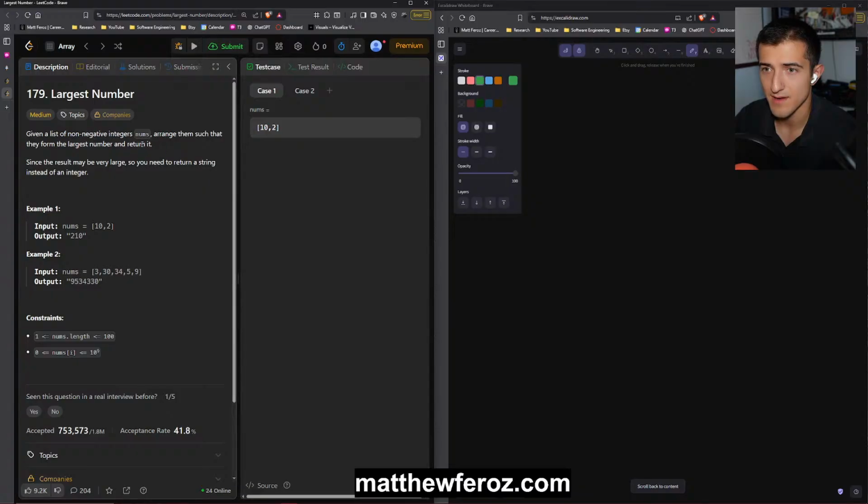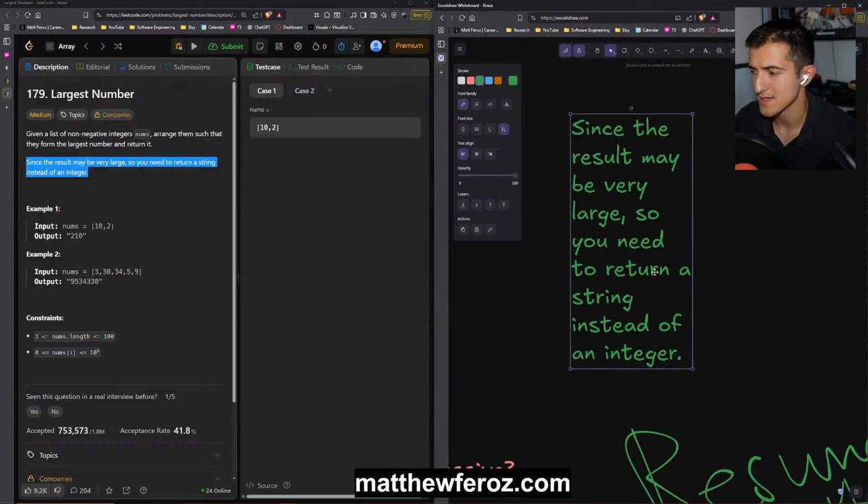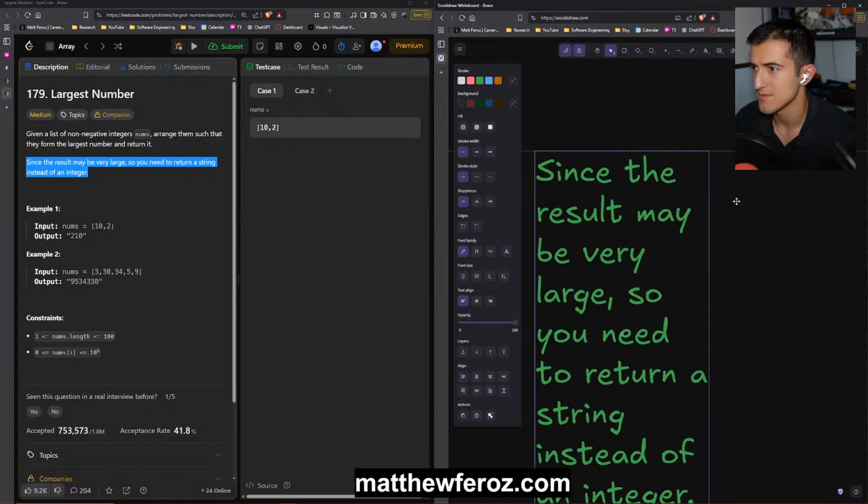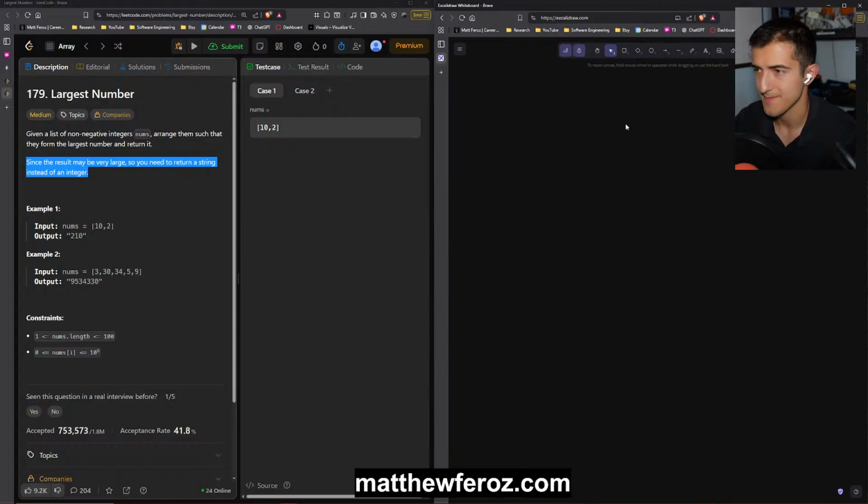So given a list of non-negative integers nums, arrange them such that they form the largest number and return it. Since the result may be very large... What the heck does that even mean? I'm going to reset the zoom here.